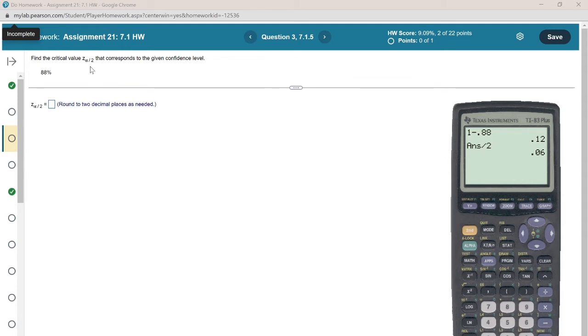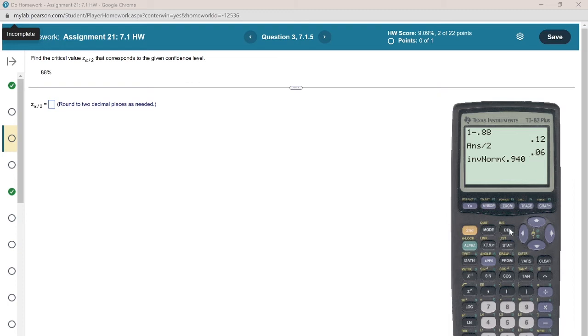So the critical value is the Z score such that the area to the right of that critical value is 6%, so 0.06. In this TI-83 Plus calculator, if you use second and then distribution, and go to number 3, which is invNorm, it takes the area to the left of the Z score and gives the Z score. But this is the area we have to the right of the Z score. So if the area to the right of the Z score is 6%, the area to the left of the Z score is 94%. So it's invNorm